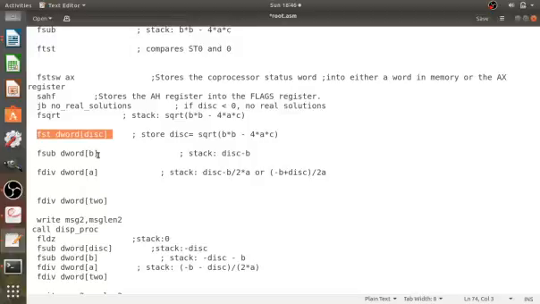So subtract the value of B from the disk value. That value is in ST0, so we subtract B: disk minus B. The result will again be on the stack top, ST0. Then division: divided by A and then by 2, so division by 2A. This is the result, disk minus B divided by 2A.